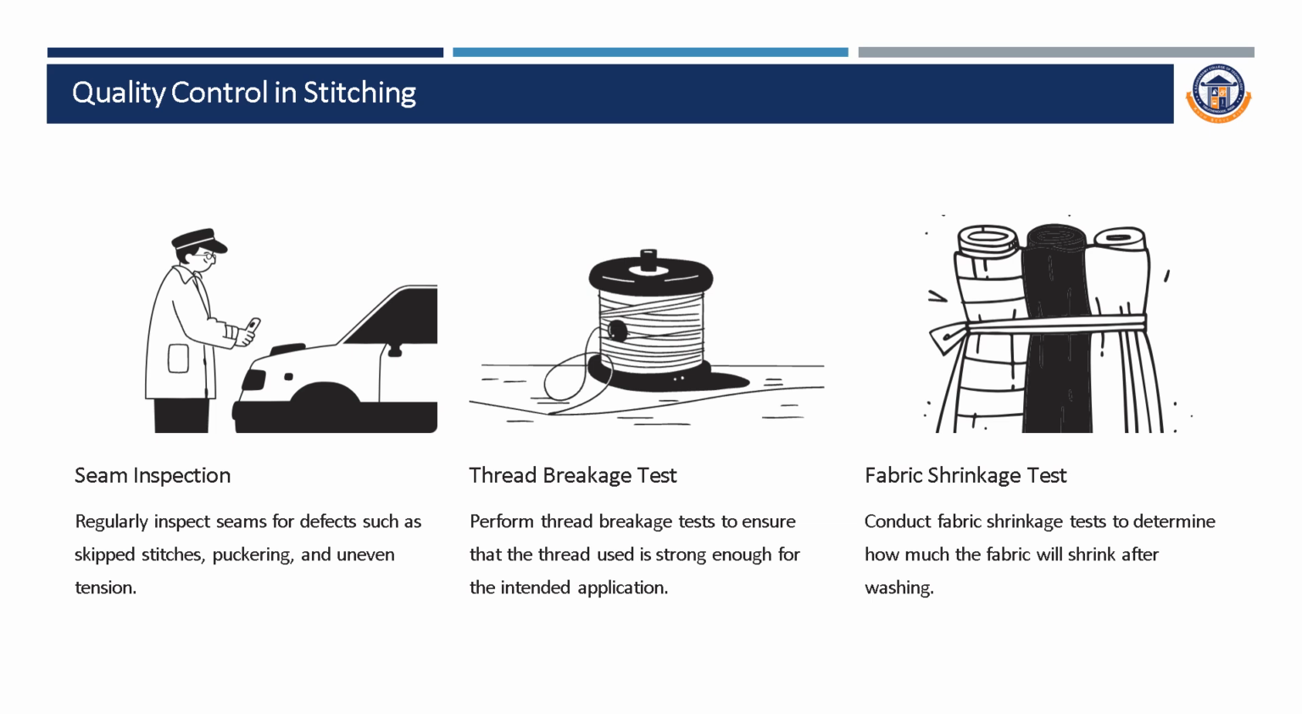Quality control in stitching. One is the seam inspection we have to perform. The second one, the thread breakage test, we have to perform. The fabric shrinkage test also we need to perform when we want good quality stitching. Regularly